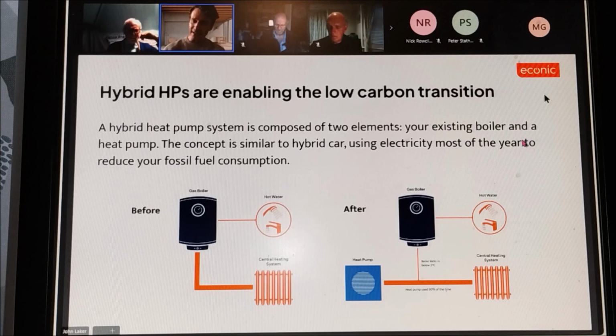And the idea about the hybrid is that before, of course, you've got your boiler doing both your space heating needs as well as your domestic hot water needs. So you get your taps and showers